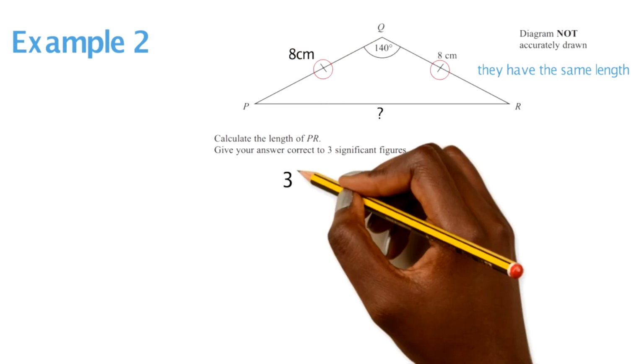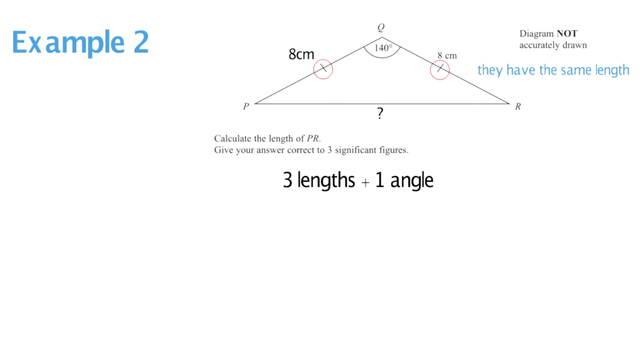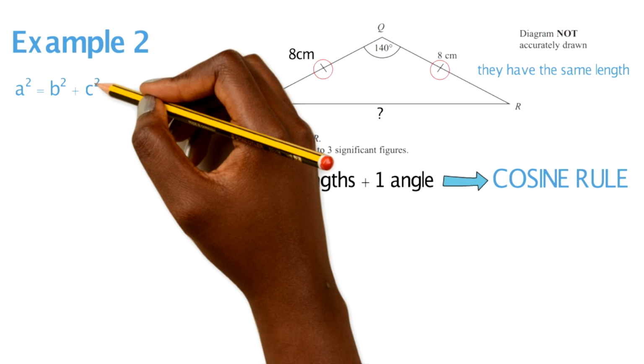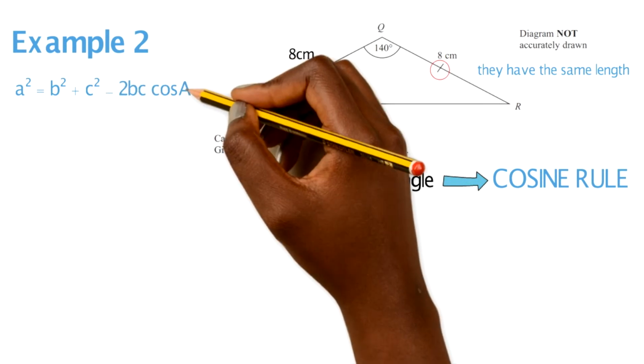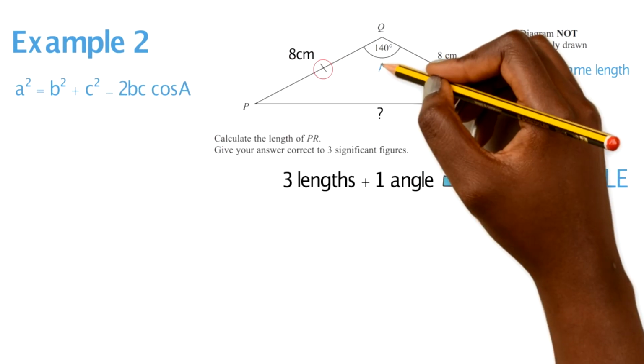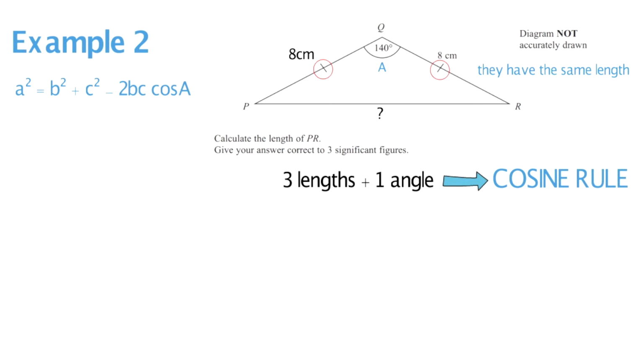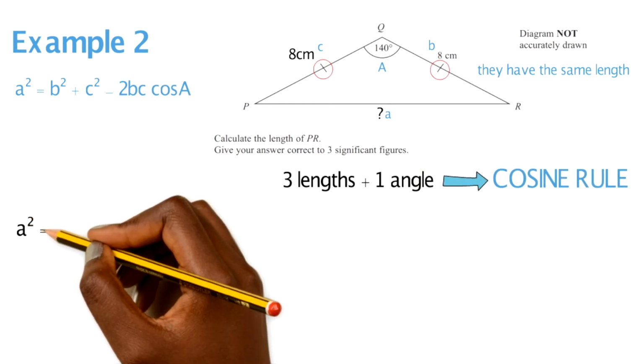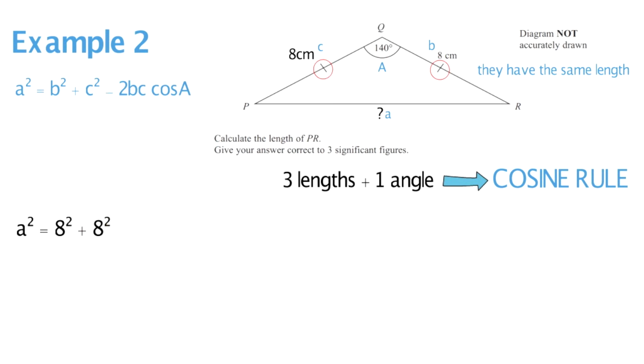So essentially now it's changed the game, because we have 3 lengths, the 8, the other 8, and the one that we're working out, and one angle. So we're going to be using, again, cosine rule because we have 3 lengths and 1 angle. This rule of thumb really helps. Again, writing out the formula so I know what we're substituting into. Because the PR is what we're working out, that's going to be our A. And then our 8 and the other 8 are going to be our B and our C. So substituting that all in,